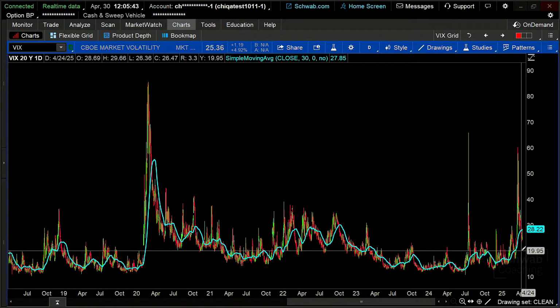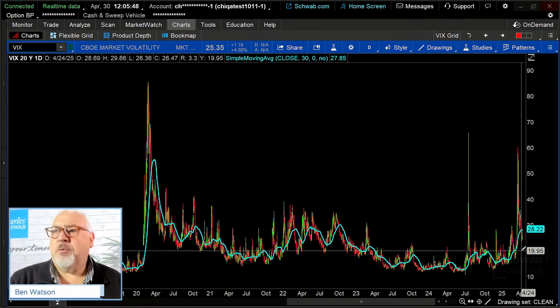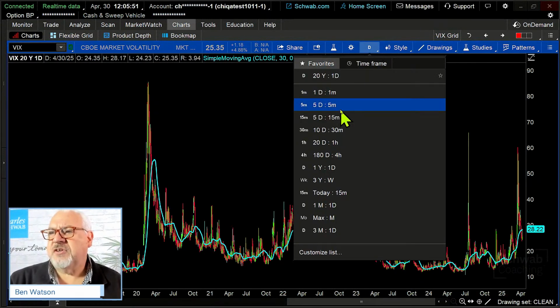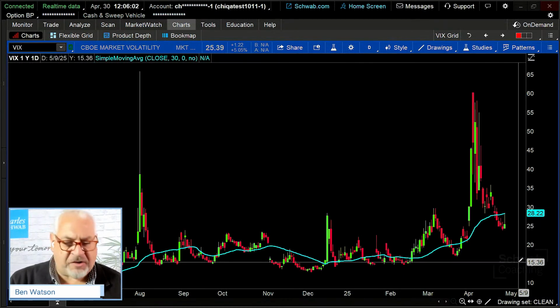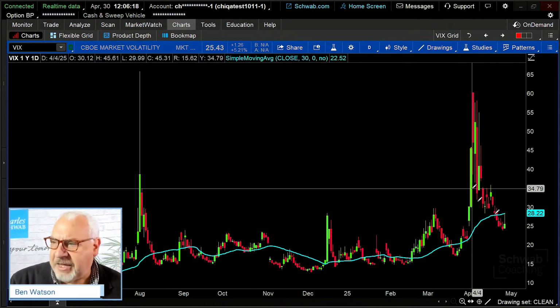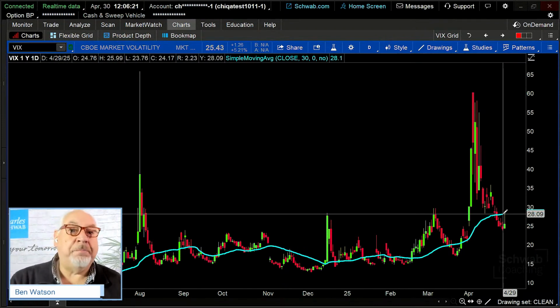So using VIX on a chart, you can get a sense of a couple of different things. Number one, how pricey are options generally on S&P 500 stocks? Now, each individual stock is going to have its own volatility, but this will give you an idea of how pricey those options are across the board. Number two, it'll give you a sense of whether the market is reacting to movement. Typically, the VIX is driven by institutional investors. And so when institutional investors panic, they typically tend to react by buying protective options.